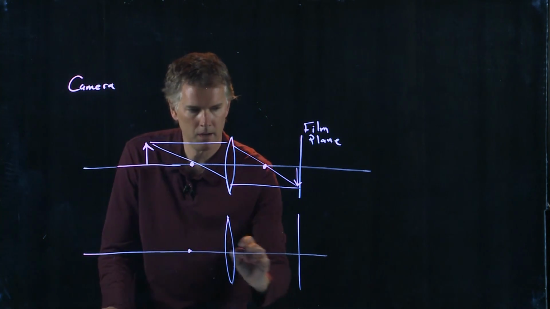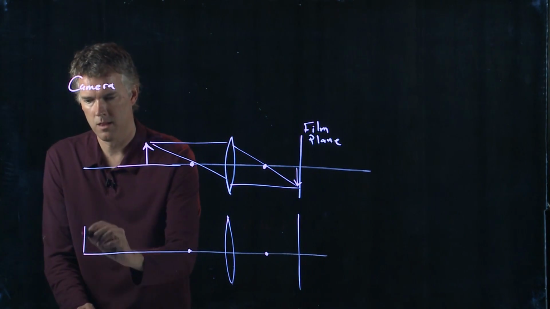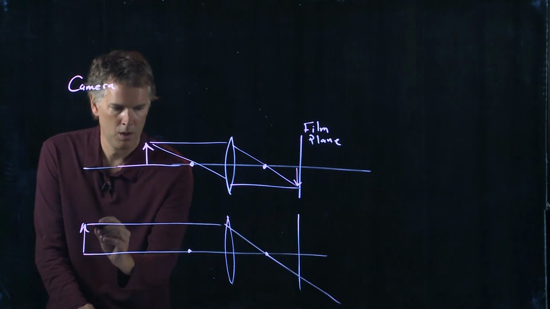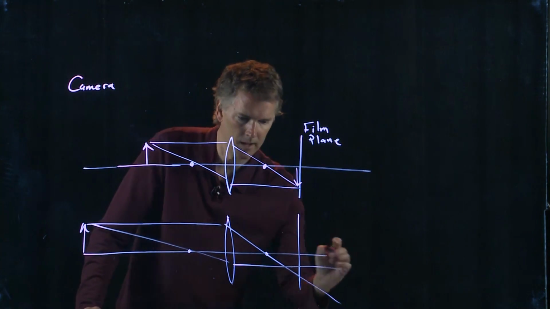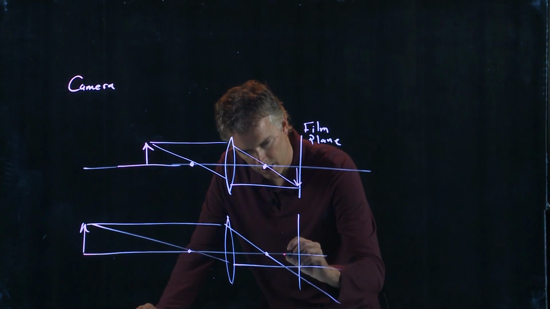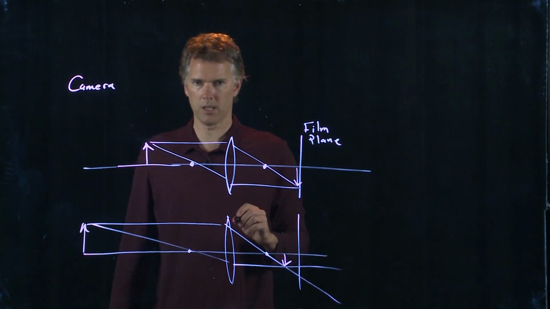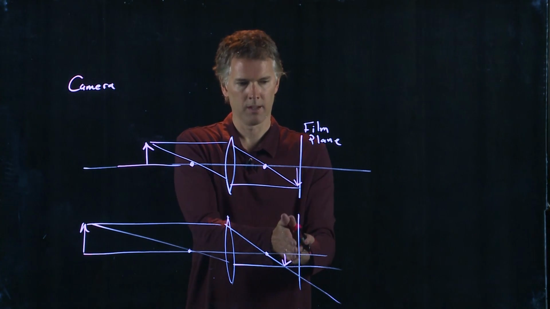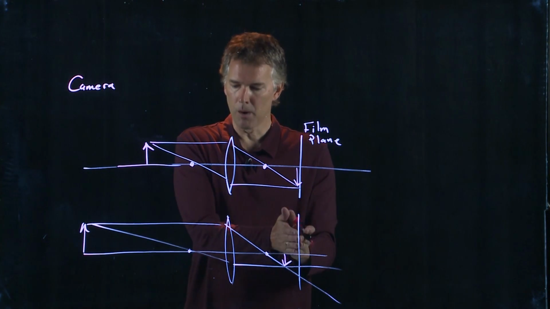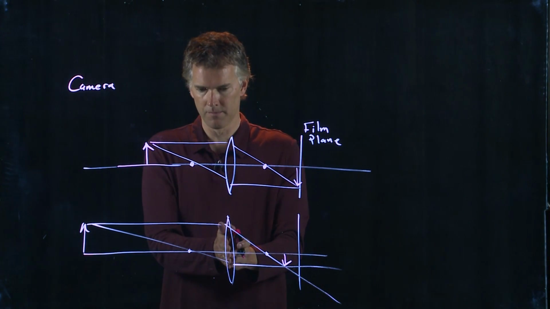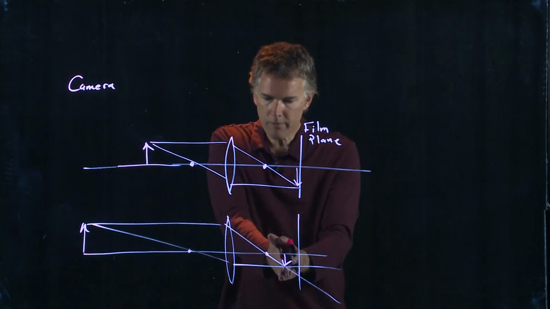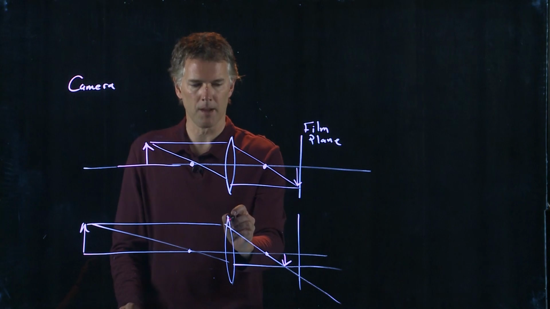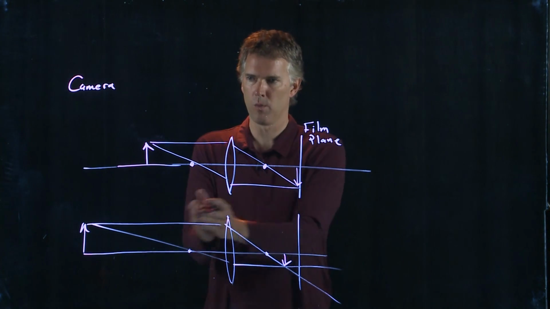So let's draw a picture again. It looks like that. But now, parallel rays go through the focus, rays through the focus go parallel. And look what happens. The image should be in focus right there. And yet, our film plane is fixed. Okay, we can't move where the film is, but we can move where the lens is. So if I want to move that image to the film plane, which way should I move this lens? Should I move it closer to the film or further away from the film?